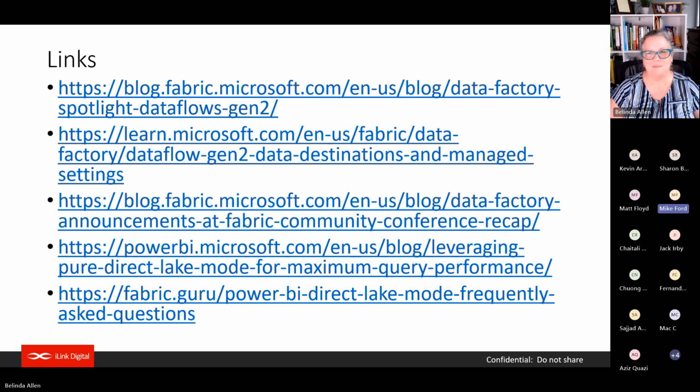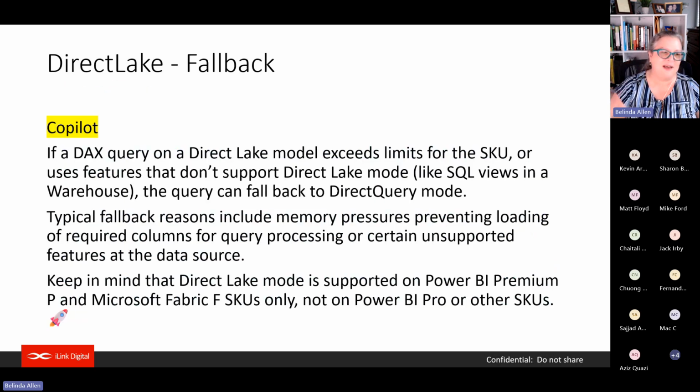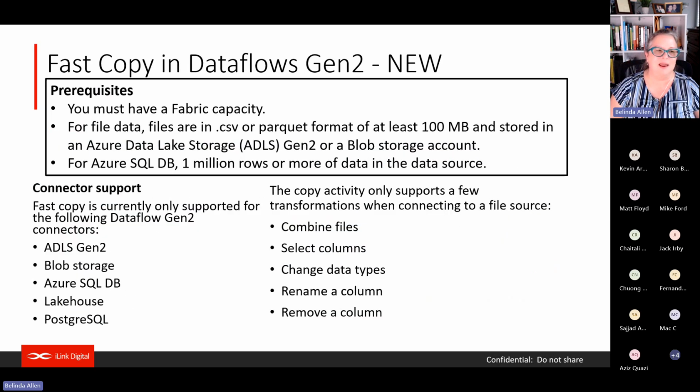I was going to ask you a question about fast copy, but you already showed us how that works, or you talked about it. Because I know that's one of the newer things is fast copy. Yeah, it is. I haven't played around with fast copy yet. Have you played around with it, Kevin? No, I haven't. But I mean, you do have to be with one of those sources, right? So it's great for like Azure SQL or whatever, but if you're on-prem, you're not going to be able to use it.